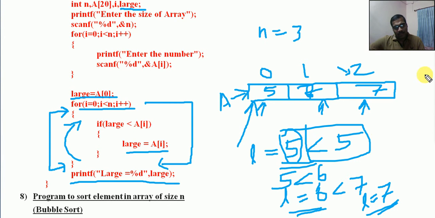If you are having some 10 more elements available here, and this is the largest one, every comparison will be a failure. 7 less than, if all others are less. But if any one is larger, that larger value will be assigned to the large variable. So after traversing through the entire array, what is the last value of the variable large? That value is the largest value present in this particular array.